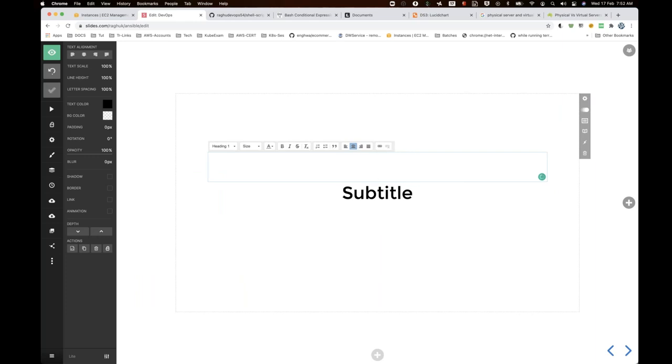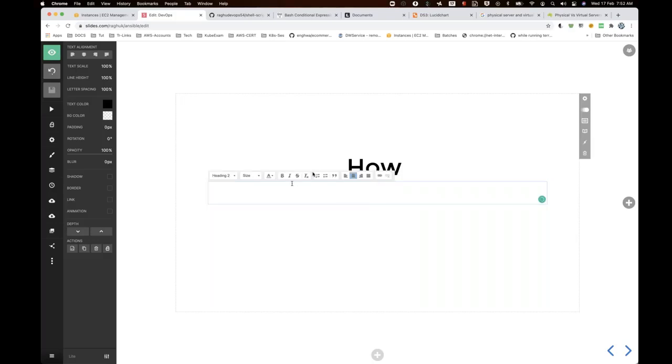So how do containers work? Better than this, I'll just make this first. And what I want to say here is